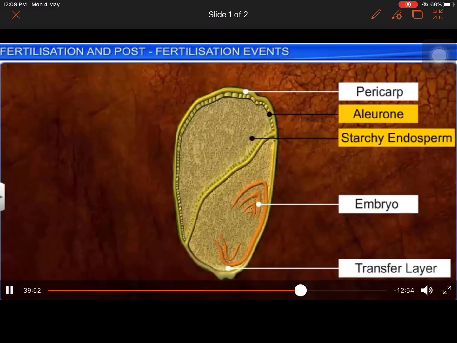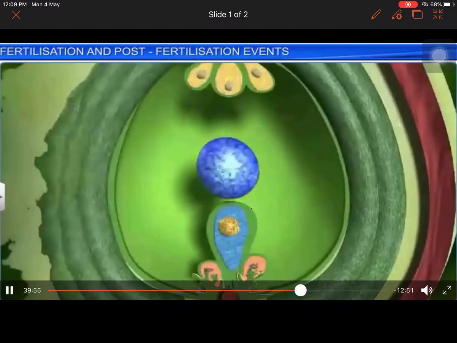You have to draw the diagram for these structures. Studies by botanists have revealed